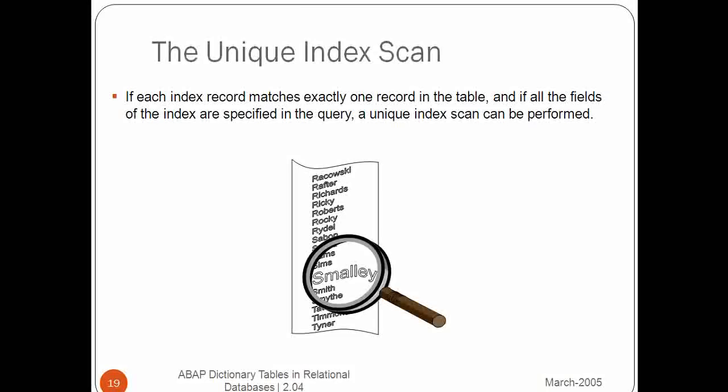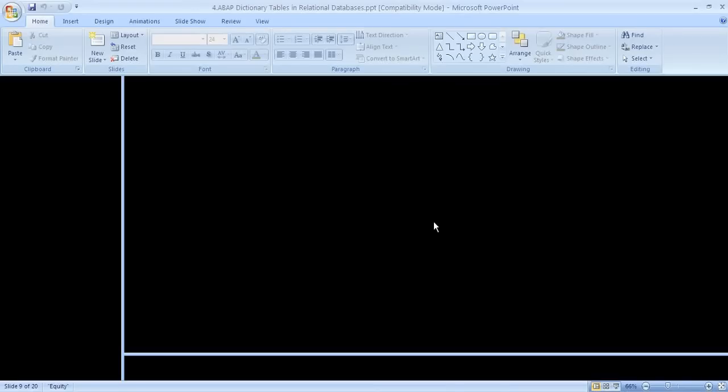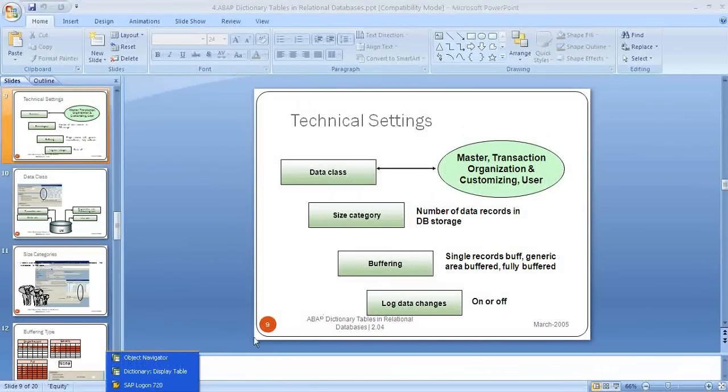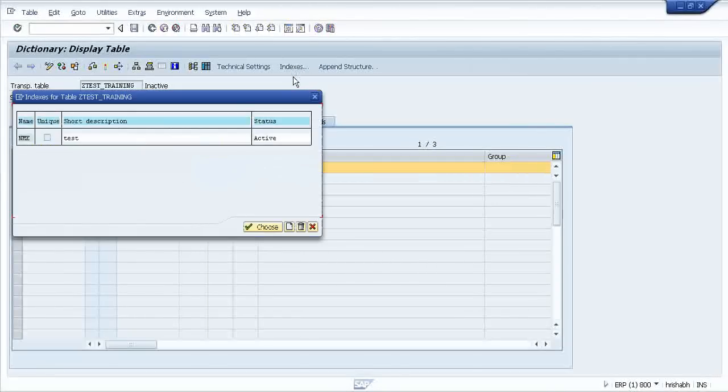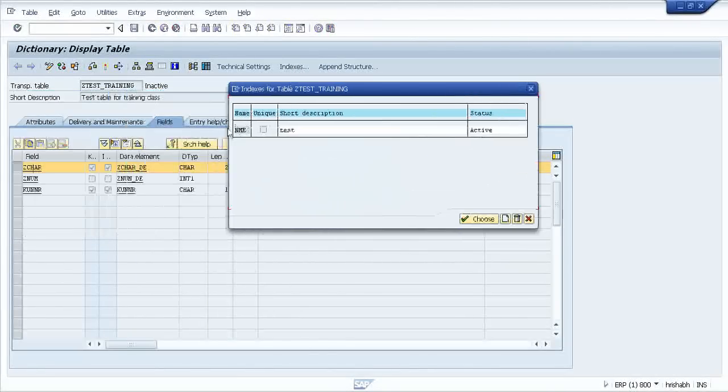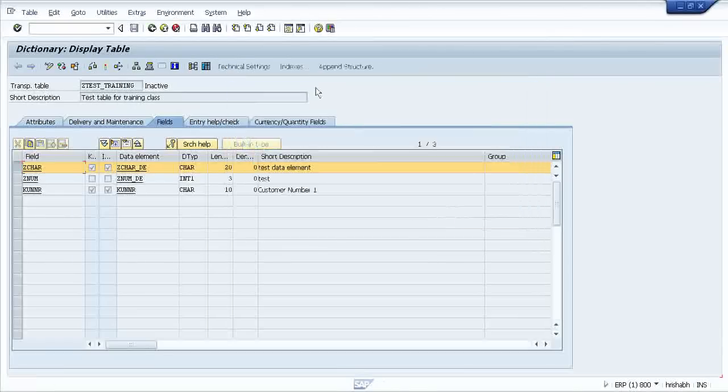It is understandable. Okay, now let me show you. One thing is missing in the slide. Secondary index kind of thing is there. See, indexes. This is secondary index 17. Okay, so